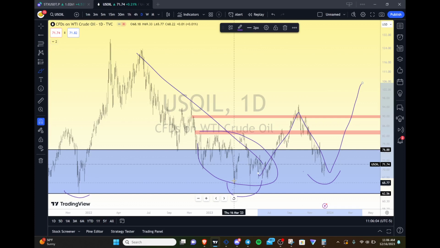Now my tune will change because I'm not married to this idea. And honestly, to be completely transparent, I would love for the oil price to dump, because that would mean cheaper prices theoretically on food and other necessities, obviously at the pump as well. But I can't lie and say what I want. I have to go by what I'm actually seeing, and what I'm seeing is the oil price is likely going to rise more and more over the next coming year because of these conflicts, but also because the uptrend on oil is still alive.